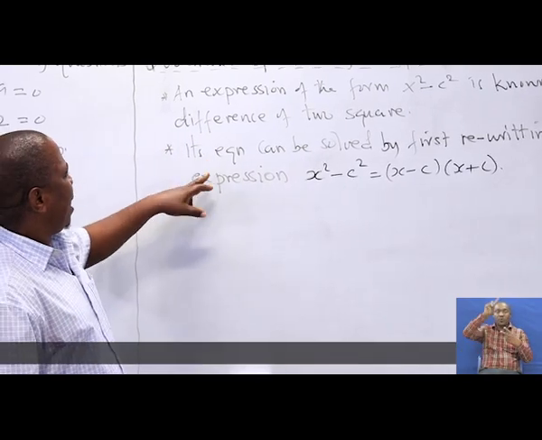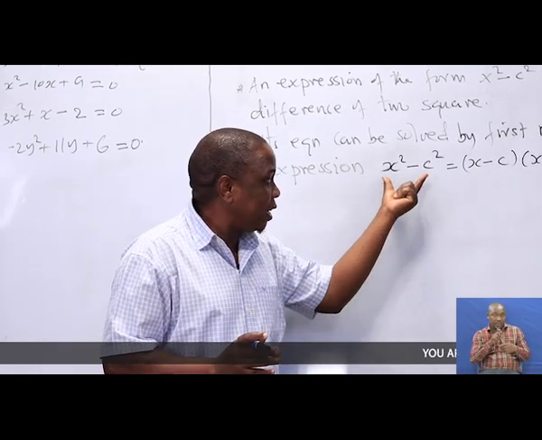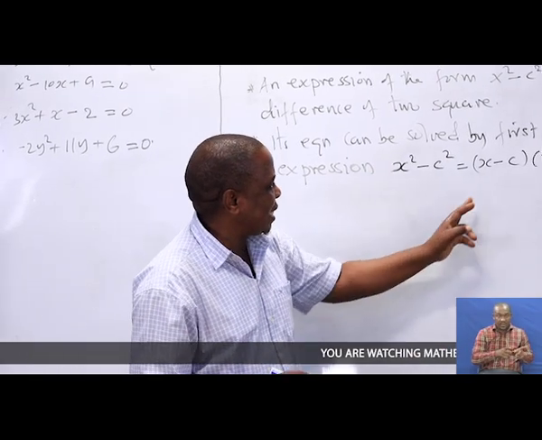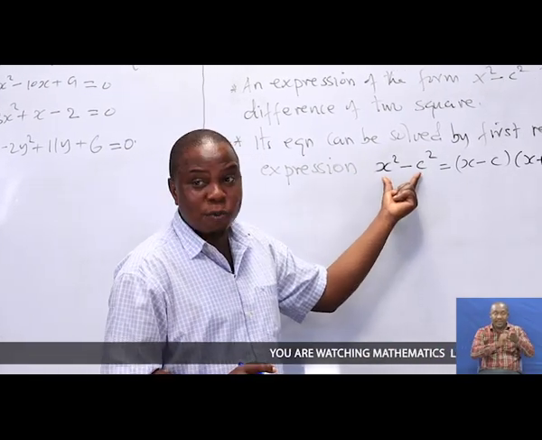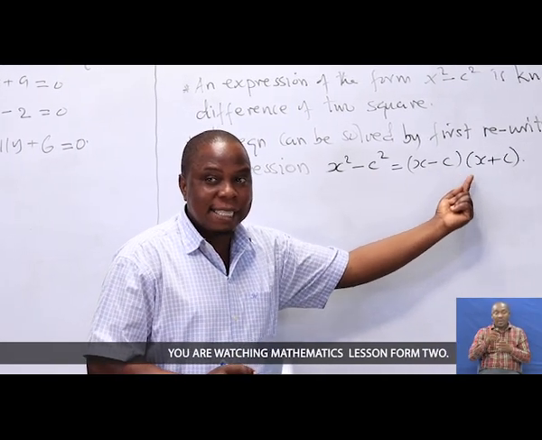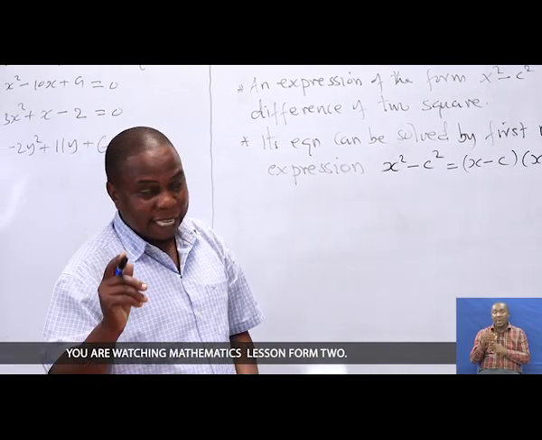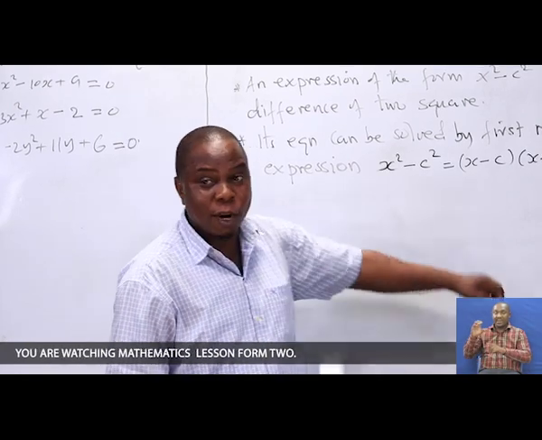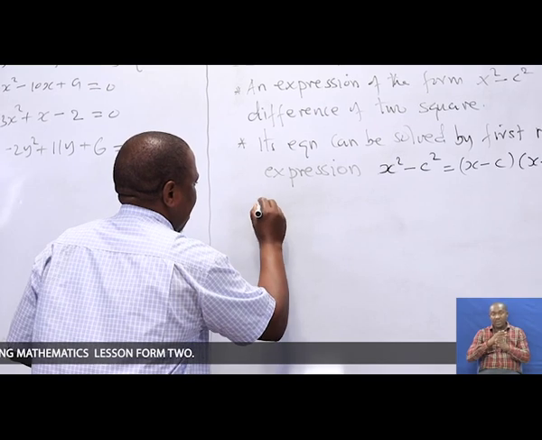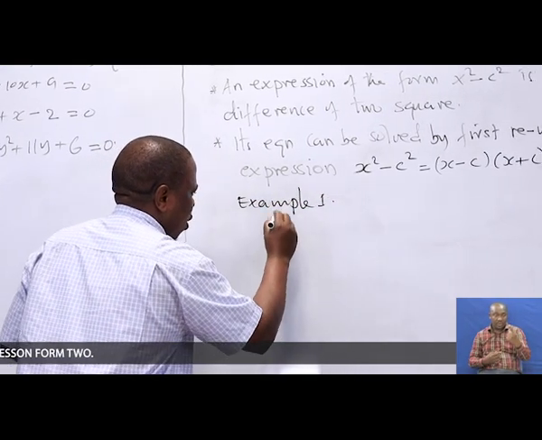Now, if you want to solve an equation which involves a difference of 2 squares, what you will have to do, first, is rewrite this difference of 2 squares in the form of x minus c, brackets, x plus c. You know it from the previous topic. Let us see an example which can be solved by using the concept of difference of 2 squares. Here, write example 1. Example 1 here. Solve